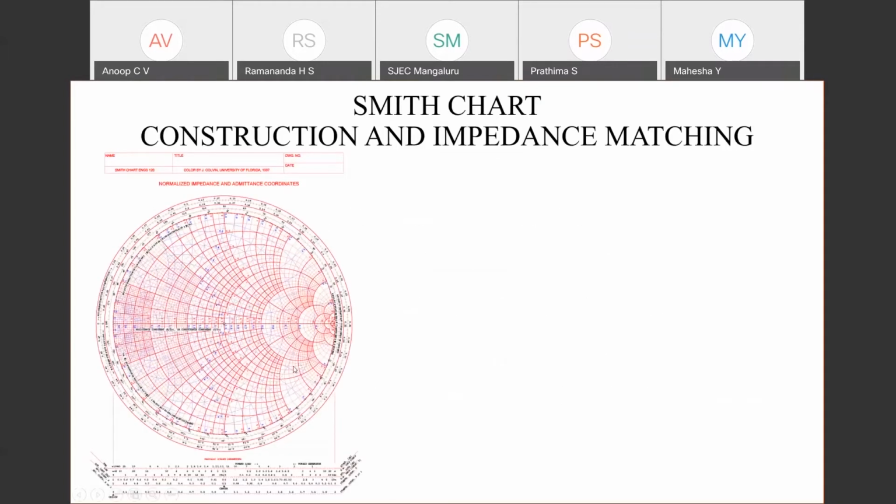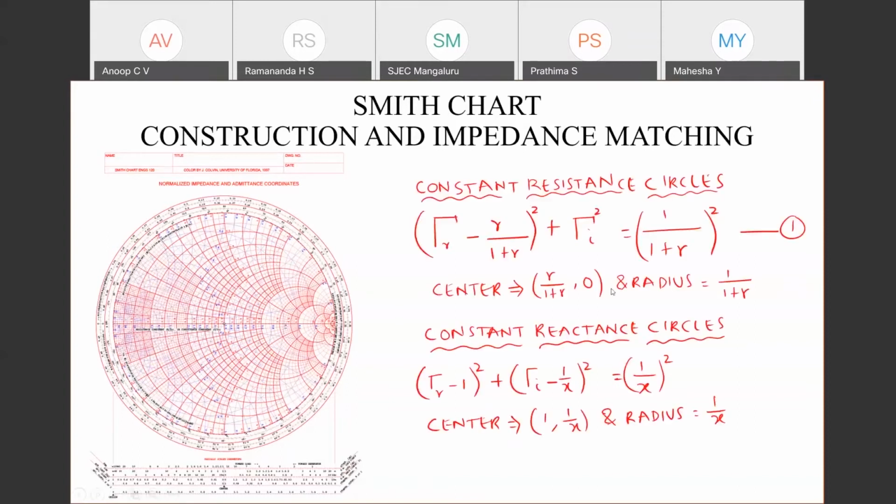The first one is to teach the concepts of the Smith chart. We have tried it actually. A Smith chart, as you can see here on the screen, looks like some complicated thing, right? It's basically a set of circles in a complex gamma plane. I'm not telling anything about the technicalities, I will just be showing. So this is what we'll be doing.